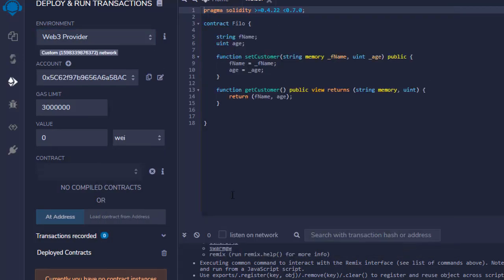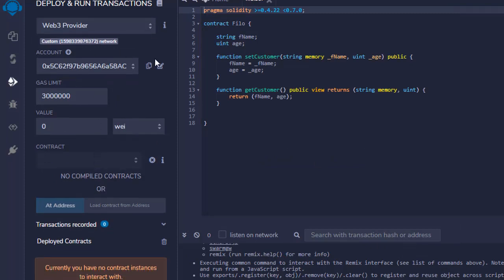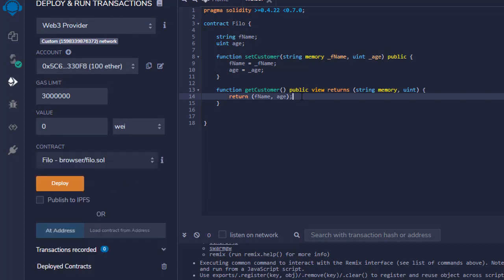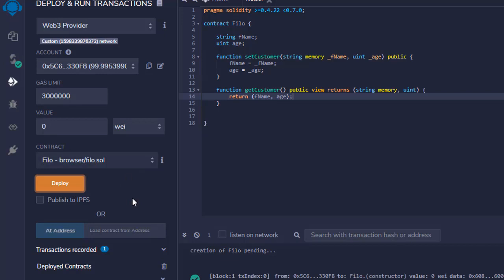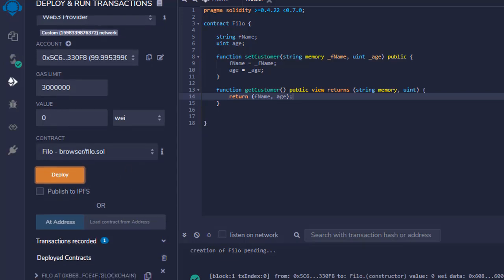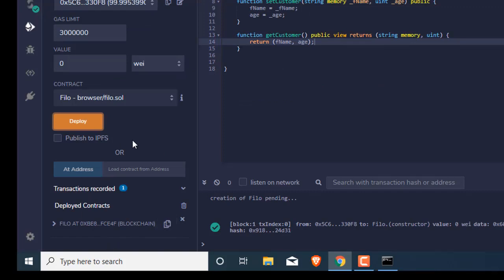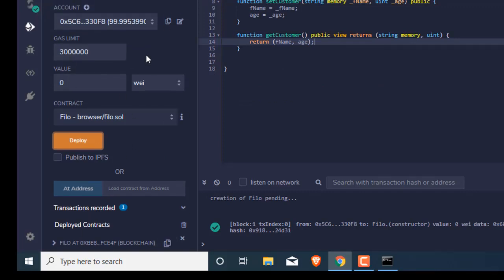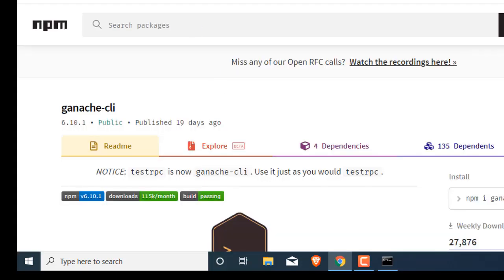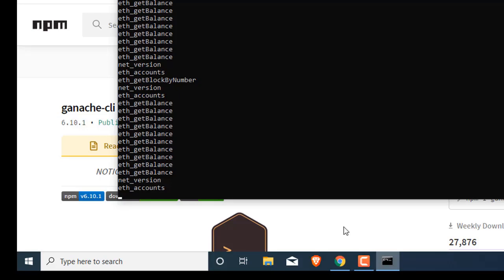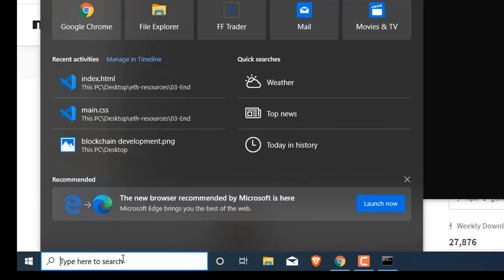Click OK, and first I am going to save it so that I have the deploy, and we will deploy it. So here it is deployed on the blockchain. We are going to use it further in our code when we are generating the Web3 web app. So I will open one more command prompt.